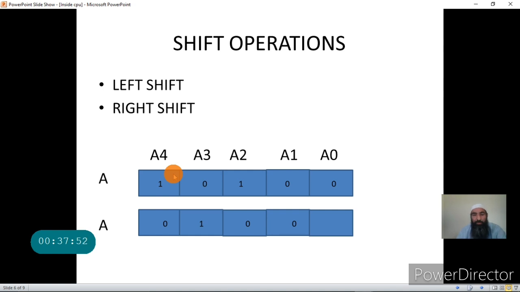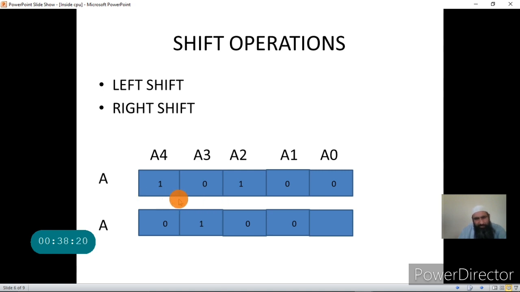What are these blocks? These are memory cells that hold the values. Now the important situation is when you shift towards the left or right. When you shift towards the left, what will happen with this bit? This bit is overwritten by this bit, that is 0 will be written on this, and 1 will be overwritten on this, and 0 of A1 will be overwritten on A2, and 0 of A0 will be overwritten on this.